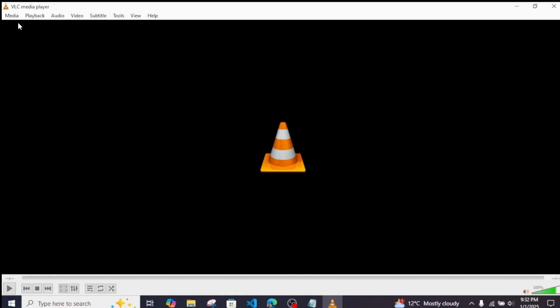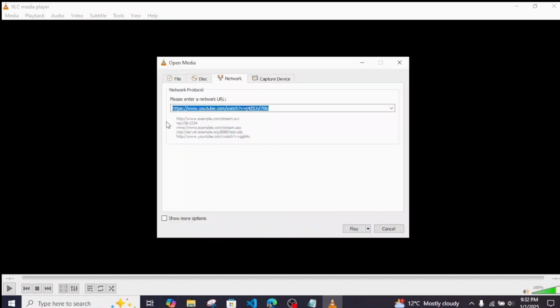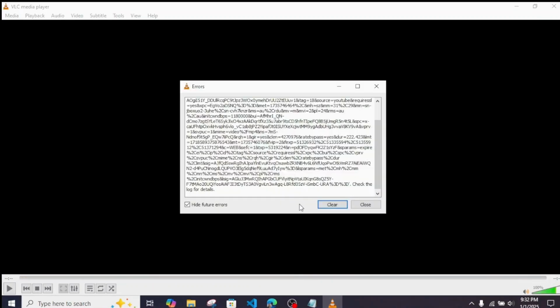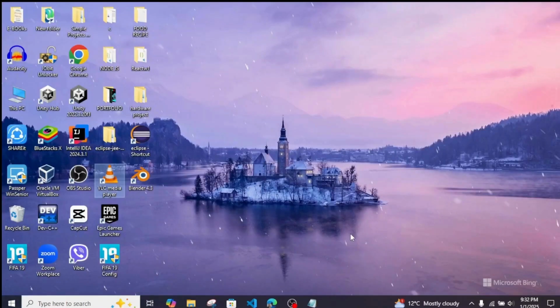So once I click on the VLC Media Player, and simply head over to the option called network stream from the media section, and once I click here, as you can see, I've already copied one link. When I try to play it, it actually doesn't play, and it tries to show me some kind of error. As you can see, the error is on my screen. So what you can do is simply close the error for now, and just let me show you what you